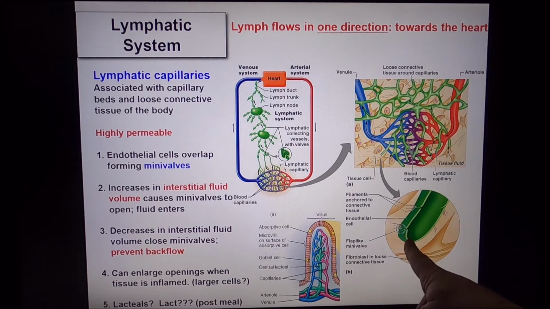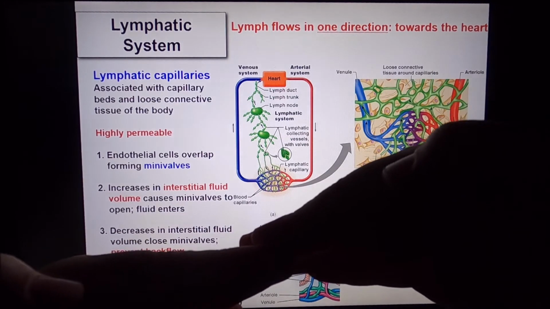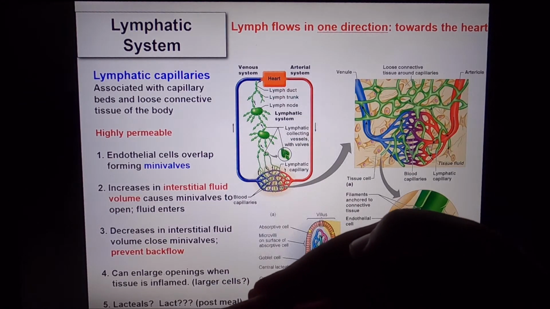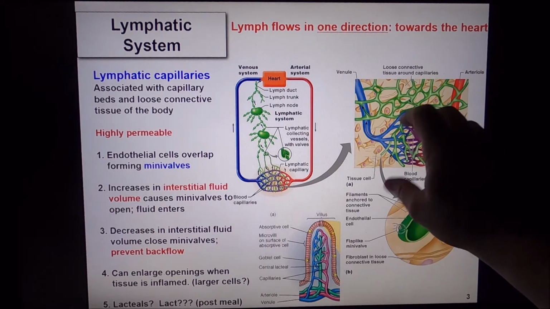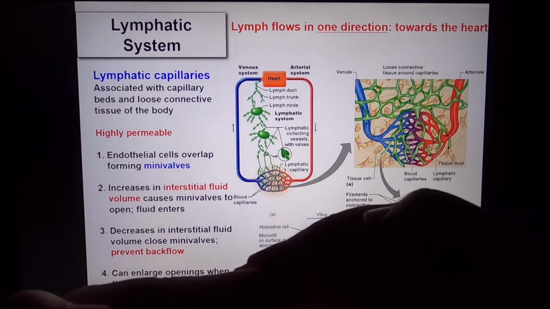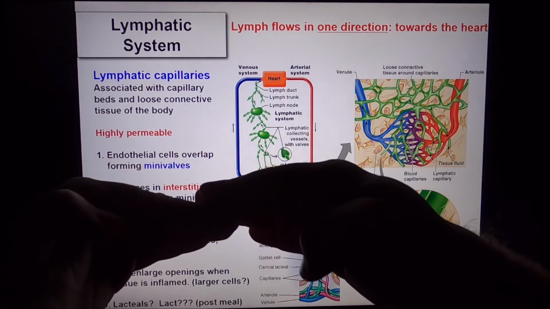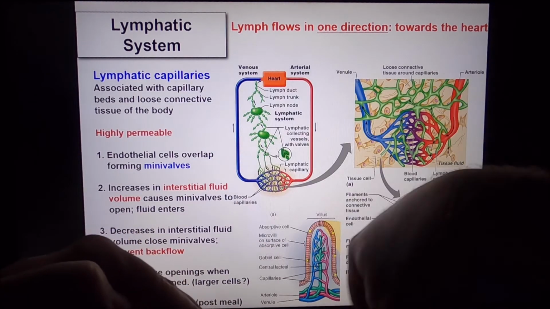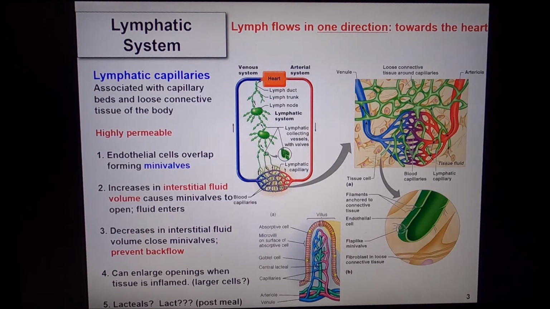They are actually closed-ended capillaries, but these closed-end capillaries are special because they display what are commonly referred to as mini valves. The idea is that the endothelial cells that make up your lymphatic capillaries overlap like so. When there is increased pressure, from your heart beating for example, your lymphatic capillaries pulse with pressure, and when fluid builds up in the tissues, it causes these vessels to be pushed open at these flaps, so fluid can go in. Then when the pressure comes off during diastole, the valve closes and traps what we'll call lymph,